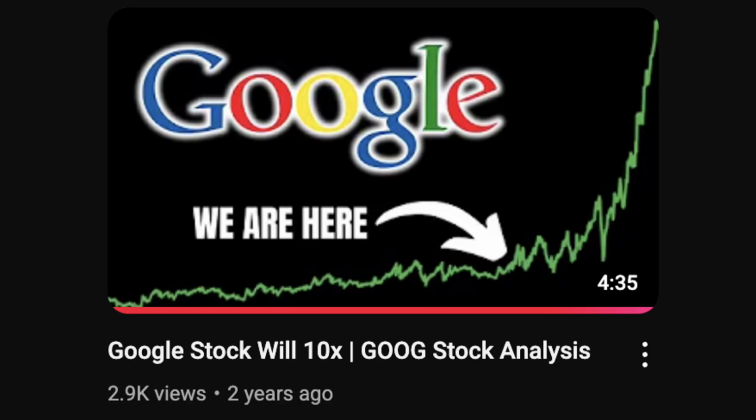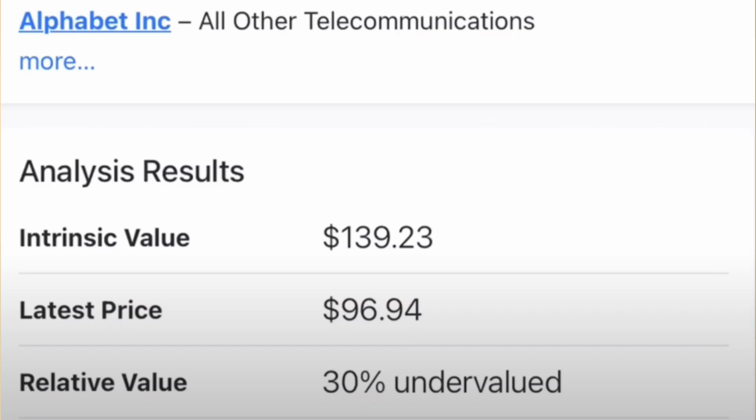Two years ago, I made a video on Google stock where I believed Google would 10x. I made that video when the stock was at $96 per share, and I had an intrinsic value price of about $140. So I believed back then that it was a good time to buy, and right now Google is my largest position. So we're going to take a look at Google and see if we should be buying